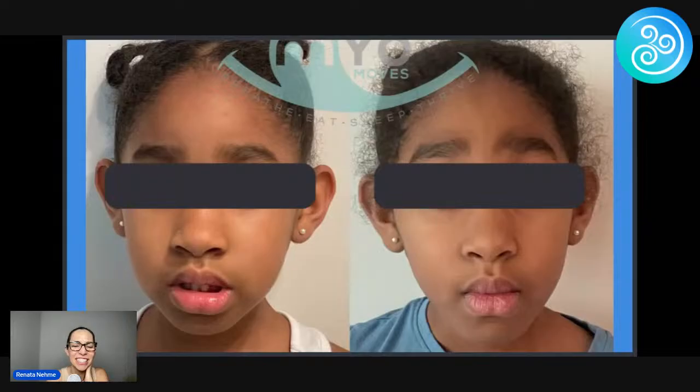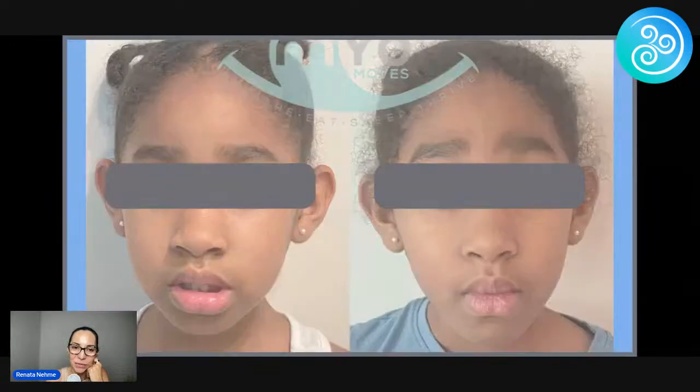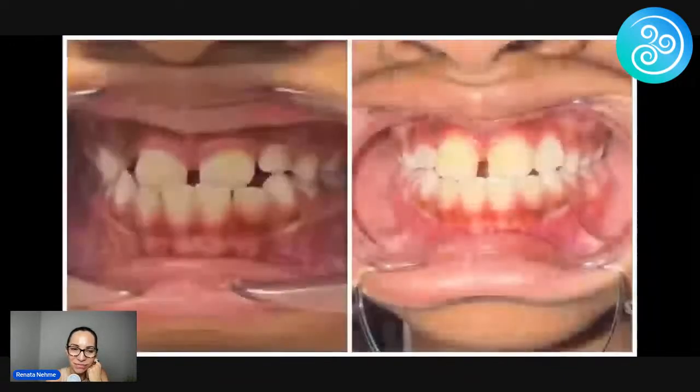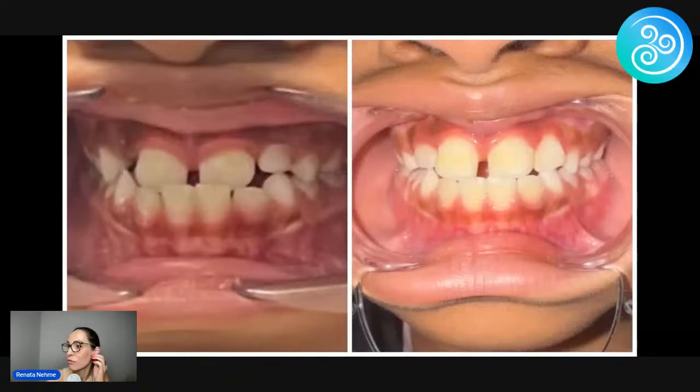This is a recent patient of mine. Actually, I had not done a session yet. I did an evaluation, a guidance call and then an evaluation, but we already give the patient so many things to do before they even start therapy. And she came back to me like that with her lips closed, breathing through her nose. Her eyes, also, there's a great change over here in her eyes. And this is what she looks like right now. It is pretty incredible how this child, because as soon as I saw her, I was like, okay, forward pull face mask.